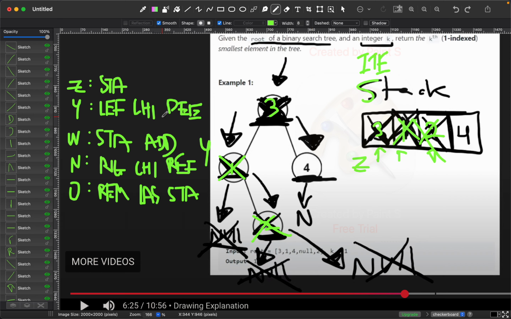And it's going to try to go to the left, but there's no left, so it's going to add the current item, which is the 4. It doesn't matter, any of these operations, because there's nothing else. Eventually, what you're going to do is, I mean, before you go to the 4, actually, because you know this item is the root, so you actually